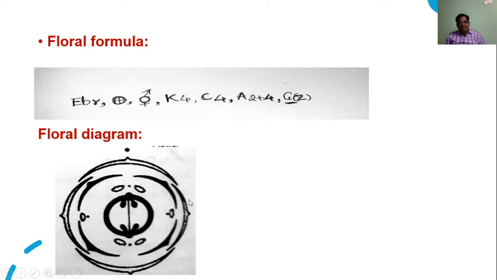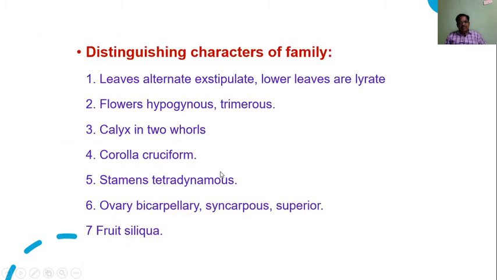And this corolla shows the valvate type of aestivation. And these are the 2 stamens here. These 4 are comparatively long, that is, their filaments are long, and these 2 are very small and they are free. They are not attached to the calyx or corolla. So they are free, but they curve inside, so they are in rows.